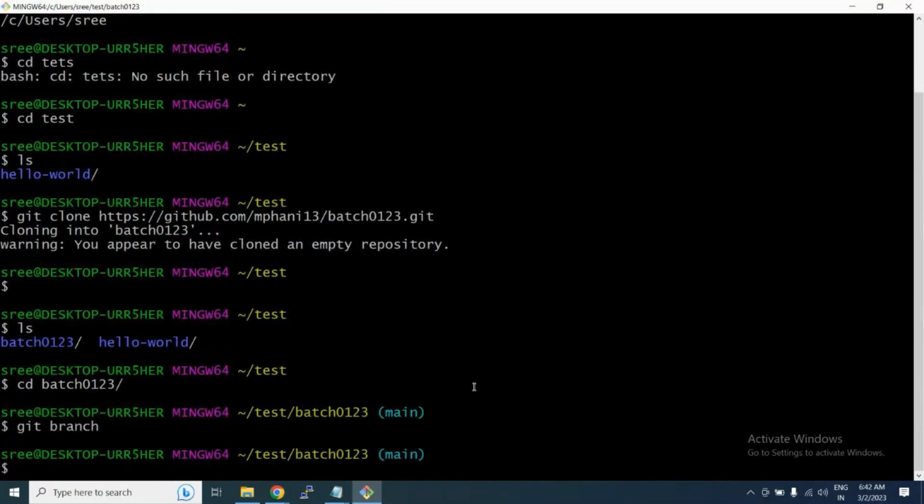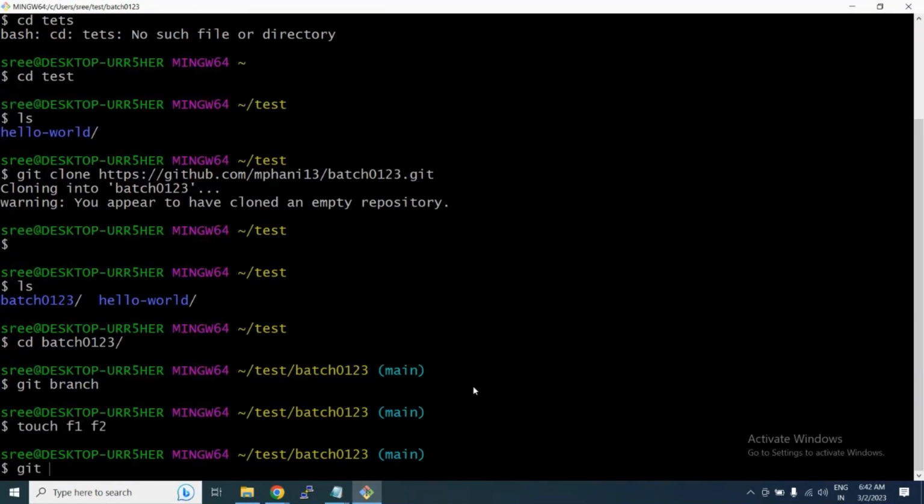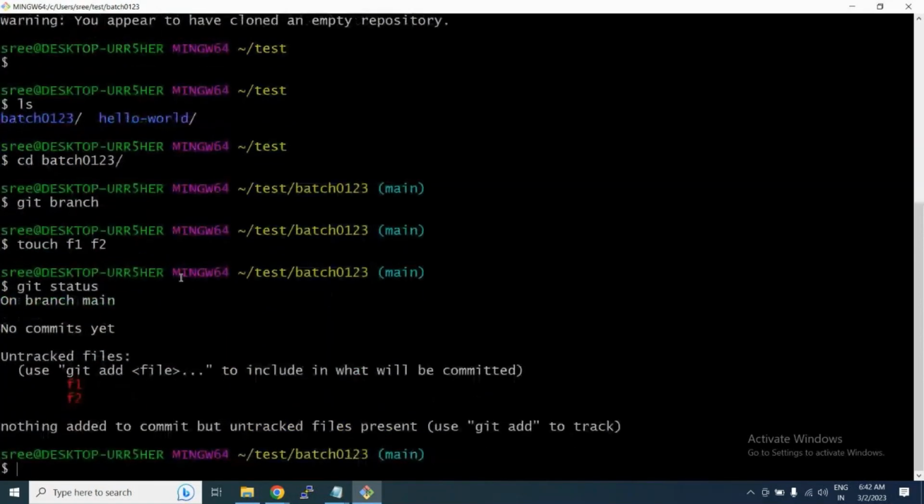So let me create some files. I think you have already learned these commands by this time, how you can write files and add them to source code, either GitHub, Bitbucket or GitLab. So currently I have created two files. The two files will be in red color, which means you have to add and commit them in order to push. Okay, so git add dot,